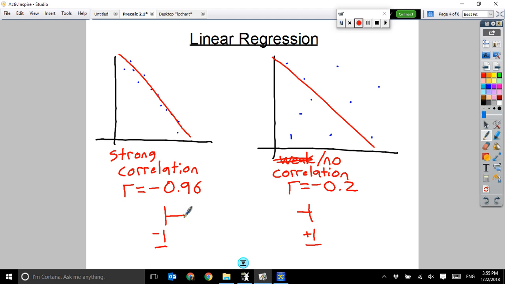I got a B or better on that test? Meaning, what if I'm at -0.8